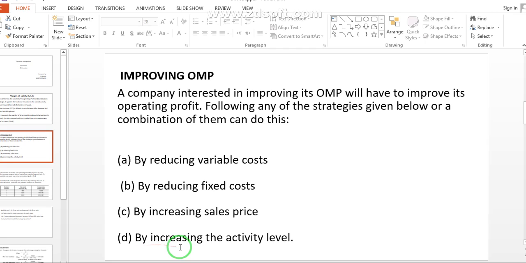And the last strategy is increasing the activity levels, which refers to effectiveness and efficiency. As much as they are trying to do more and better activities within the operation, that much the operation would